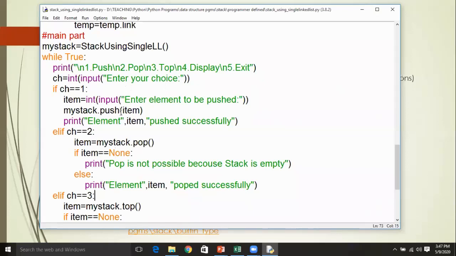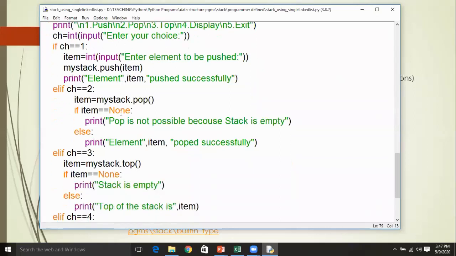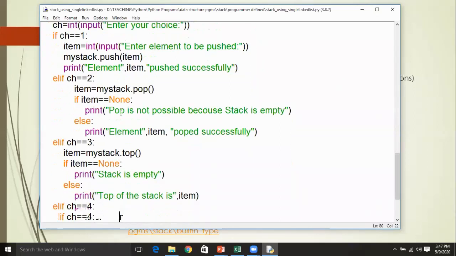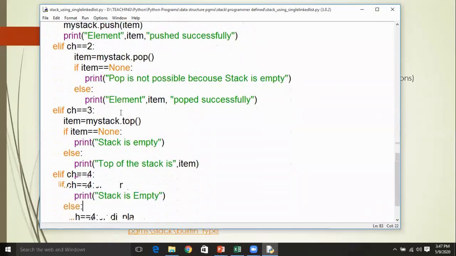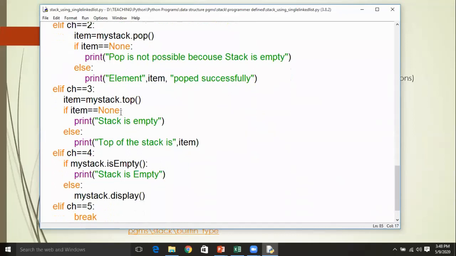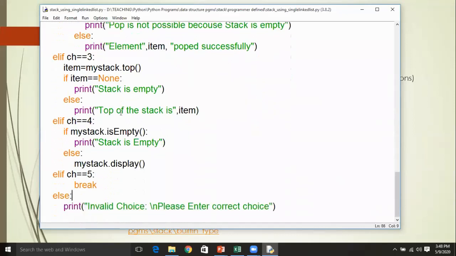If your choice is 3, you are going to call top method, to display the element on the top of the stack. If your choice is 4, you are going to call display method. And finally if your choice is 5, you are going to exit, or otherwise it is an invalid choice.